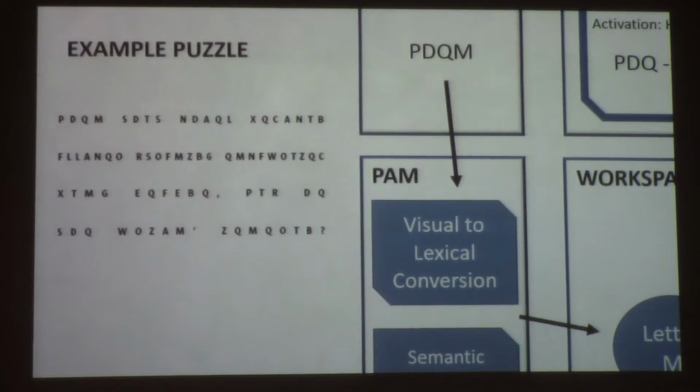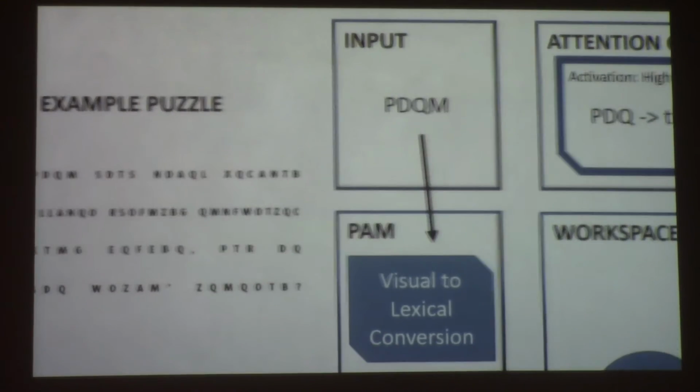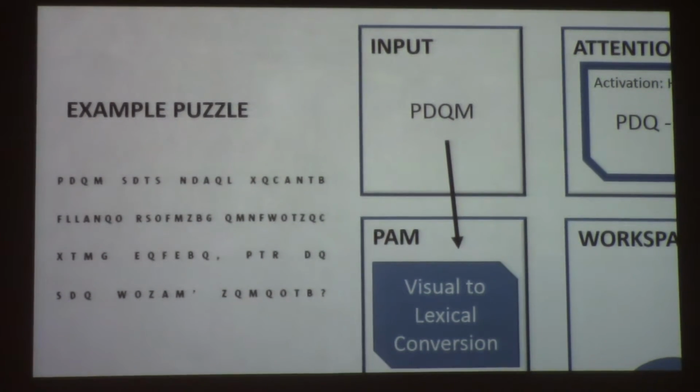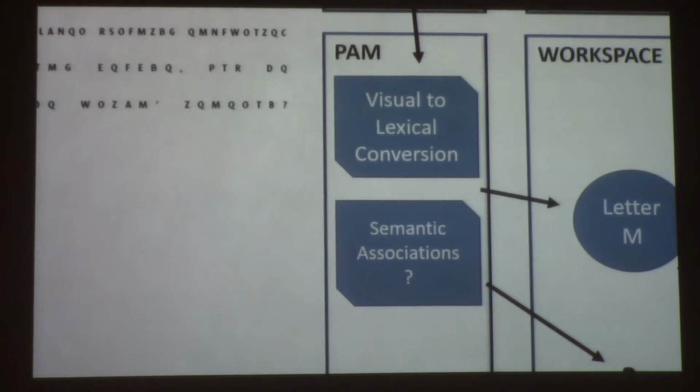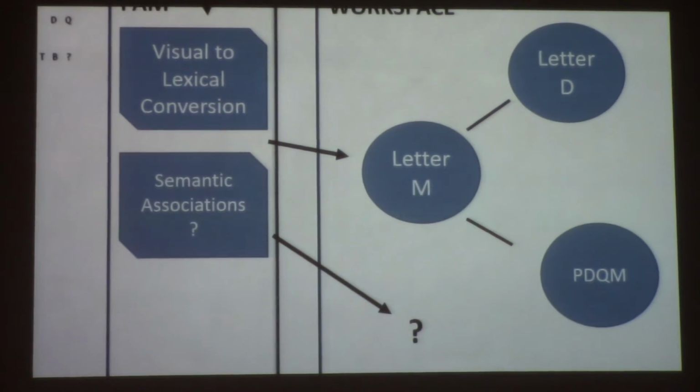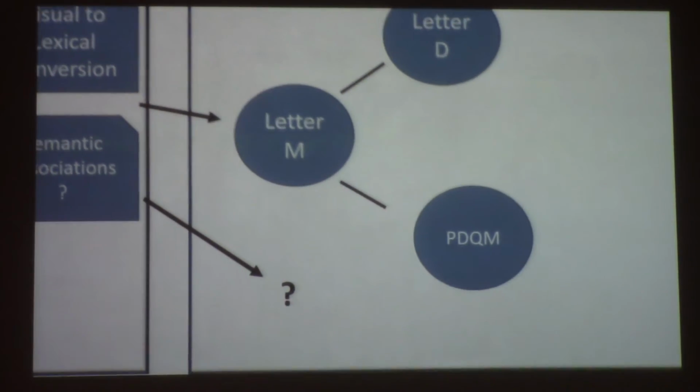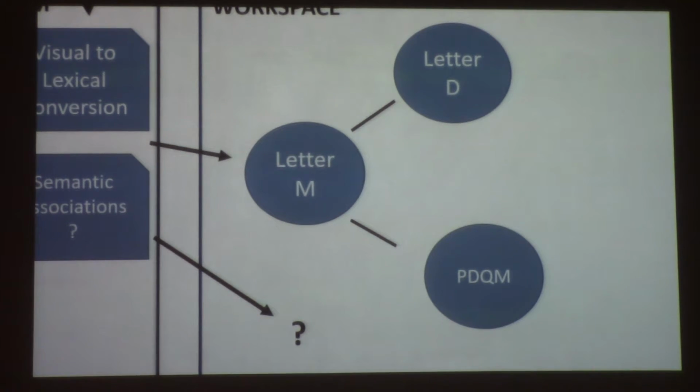So you have some sort of example puzzle, and PDQ is the first lexical image token. Then there's this visual to lexical conversion, and that brings in several different concepts. These are PAM nodes that were activated because you recognized in that token M and D were in there. And there are others, these are just examples. So technically you'd have P and Q potentially there on that same structure. And those lines aren't really anything other than thematic links between the nodes.